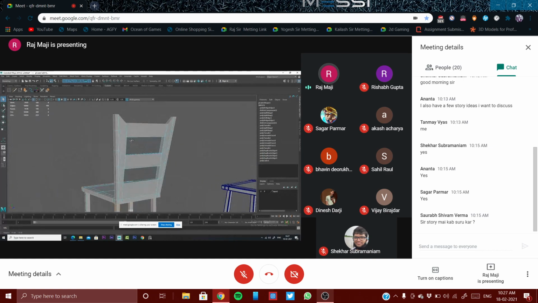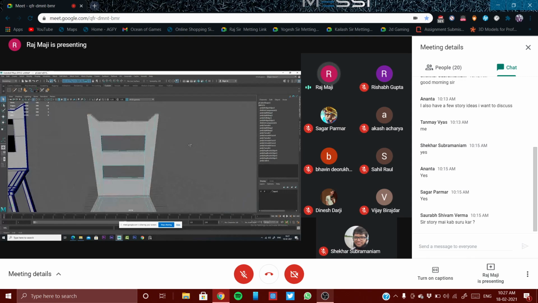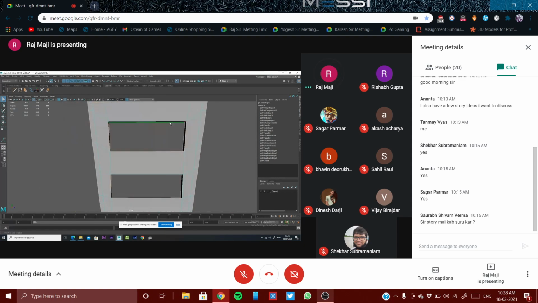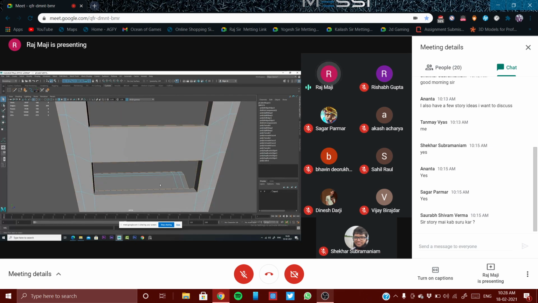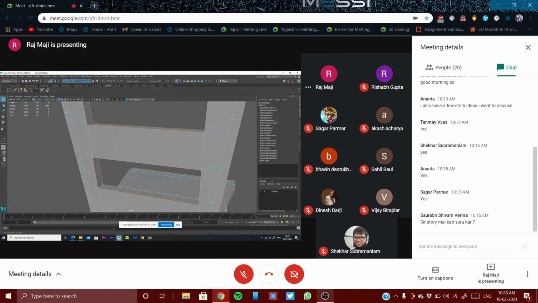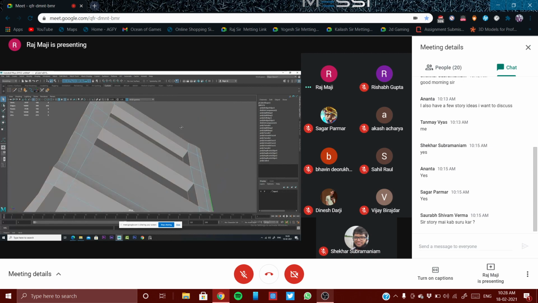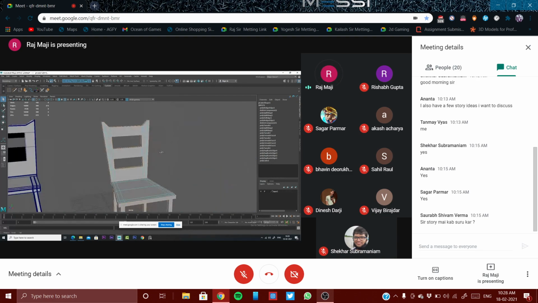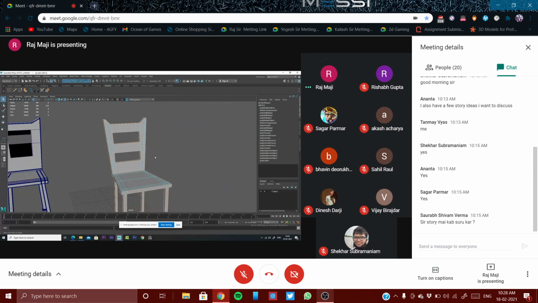See, only the outer edges are selected. I'm doing bevel. Now, for these things, yes, need to do bevel. And also these corners. Selected all the possible edges to be beveled.